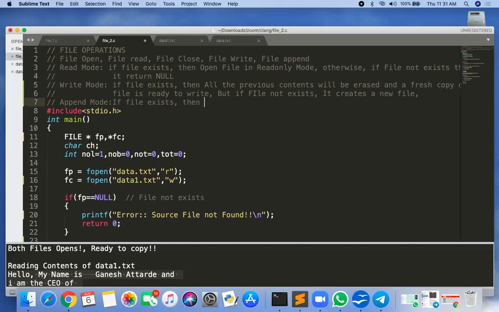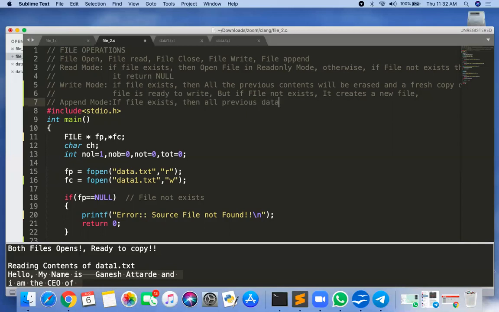the difference between write mode and append mode is this: in write mode, if you open a file, all the previous data will be erased, but in append mode you are opening the file for writing purposes, and the previous data does not get erased.